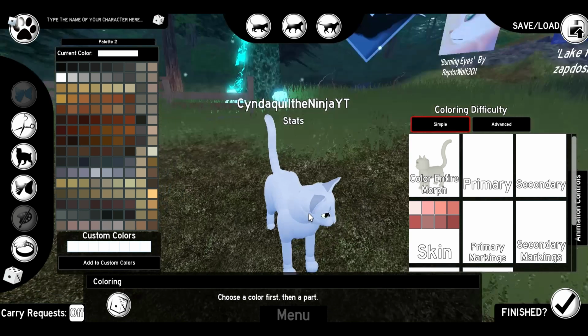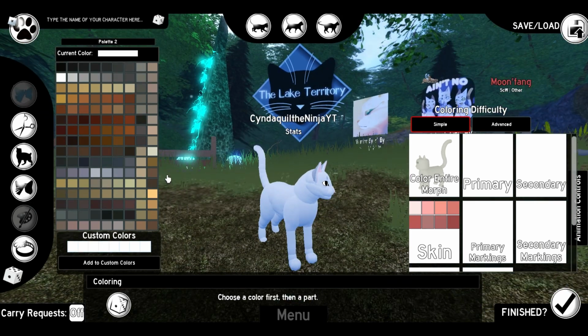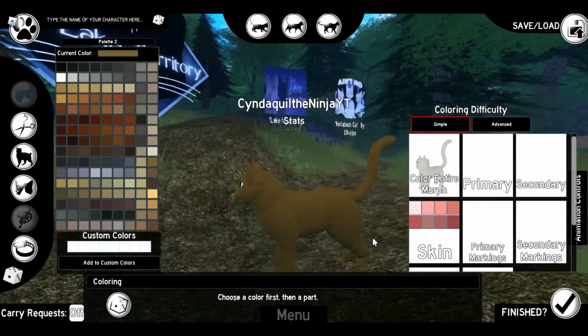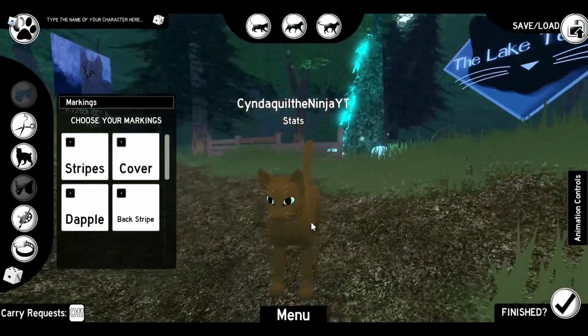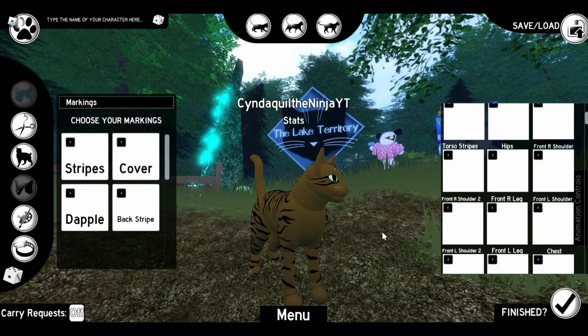So, what I like to do when I'm coloring a morph, I'll start off by coloring the entire morph. So I will click a color from the color picker over here, and then I'll click on color entire morph, and it'll turn that character all brown. Nose, ears, everything. So we're gonna do a brown tabby. So what you do is color the entire morph, add stripes,